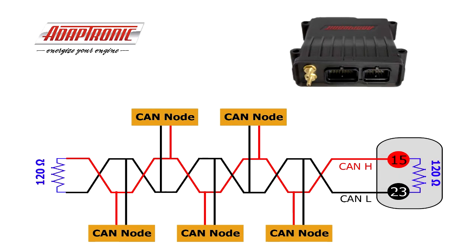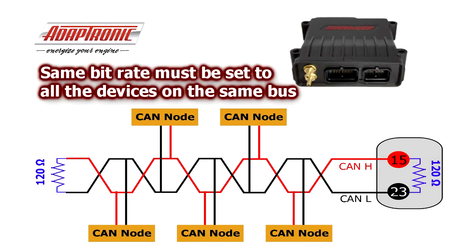same bit rate. If you have two devices on the same bus with different bit rates, then as soon as one starts to broadcast a message, the other one, which is set to a different bit rate, will detect it as being corrupt and will actually overwrite the message to avoid any other ones being confused by a corrupt message. So it's very important to make sure that all the devices on the same bus are set with the same